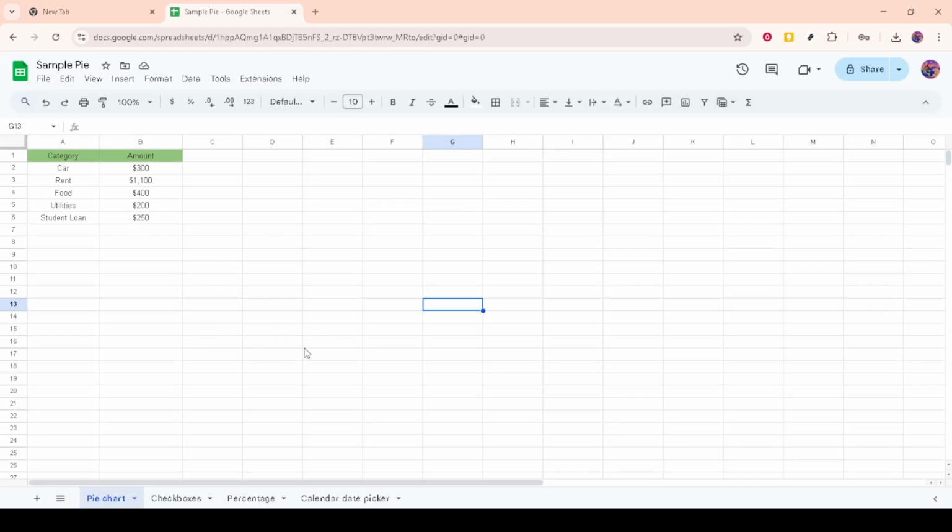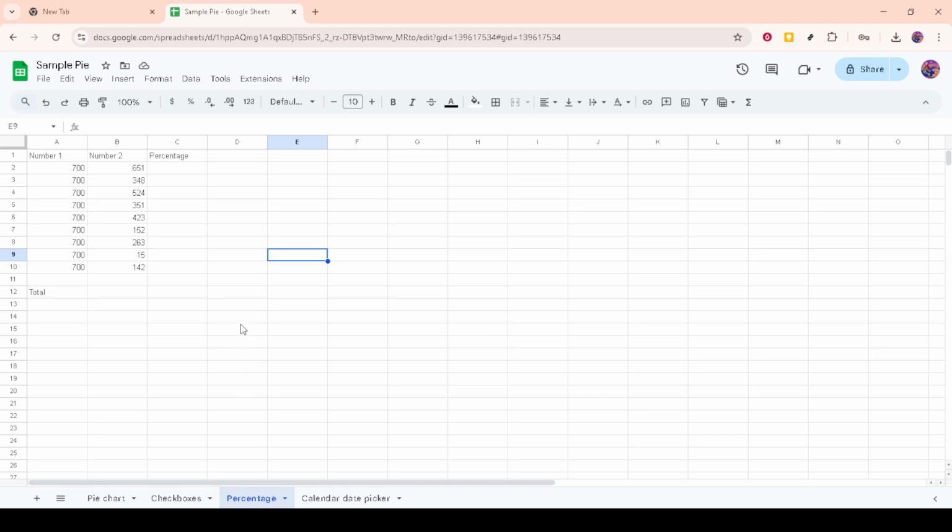First, what you want to do is open Google Sheets and access the document where you have your data. If you're starting from scratch, you can quickly set up your spreadsheet by entering your data points in the columns. Remember, these points can be anything from sales figures to survey results, anything you'd like to visualize. Once your data is ready and laid out on the spreadsheet, move on to the next step.